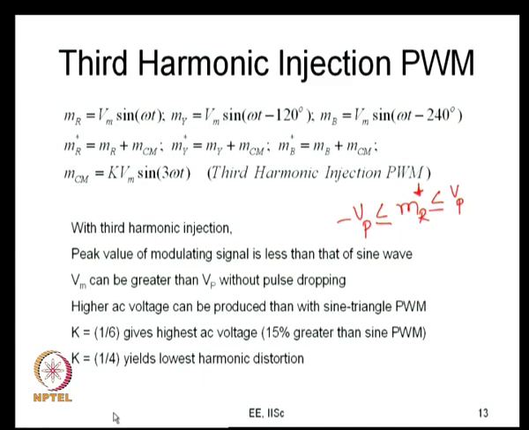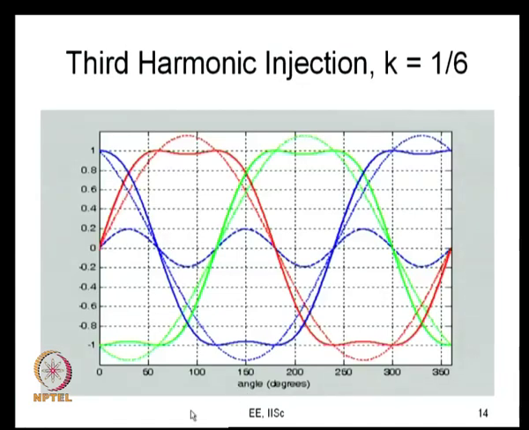With k equal to 1 by 4, you might be able to see that you are getting a lower value of distortion now. So, this is what I have just tried to show on k equal to 1 by 6. I showed it previously probably, and so now this shows that this is the highest value. Here in this case the sine wave is now greater than 1, and that is actually equal to 2 by root 3,